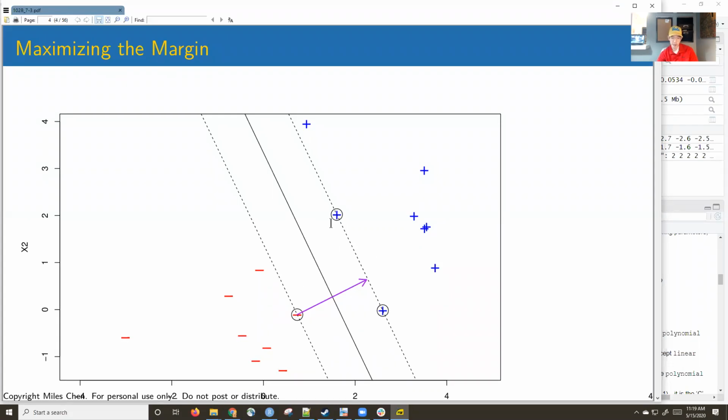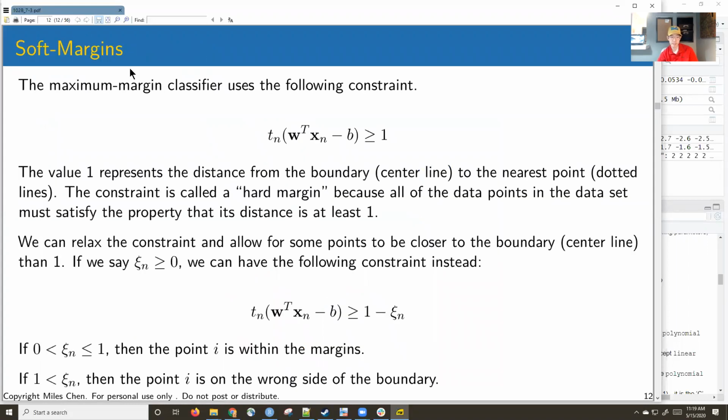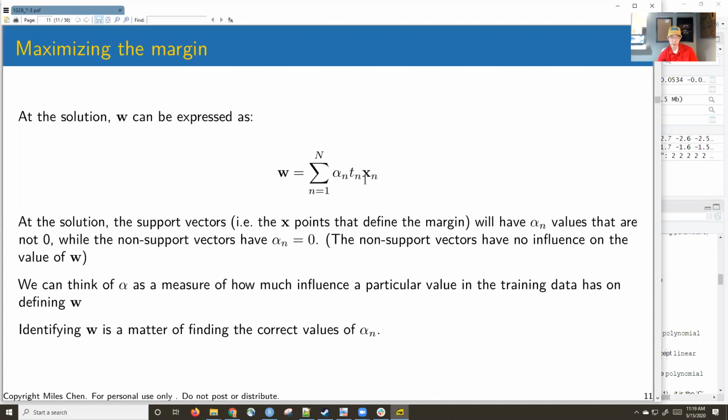The location of our boundary is solely influenced by these 3 points. Okay, so what does that mean? That means that when we find this vector w that defines our boundary, the alpha values are going to be 0 for anything that's not a support vector. If it's not one of the 3 points that define the location of the boundary, those alpha values are going